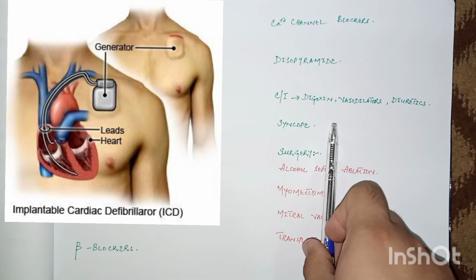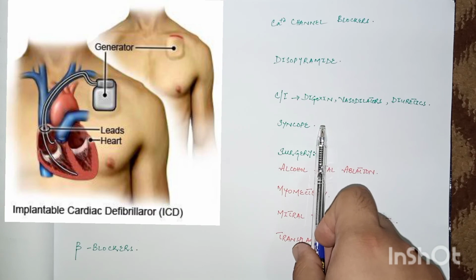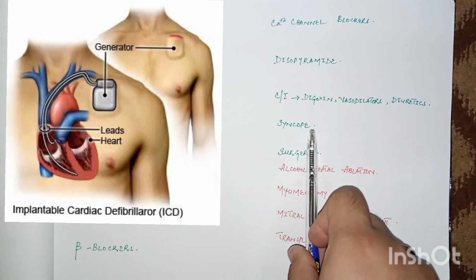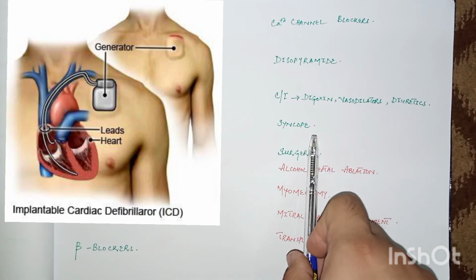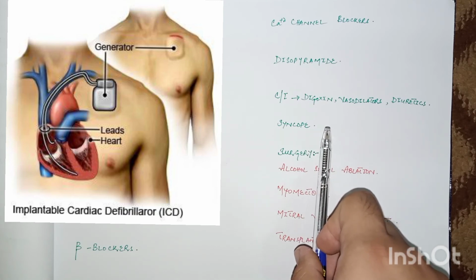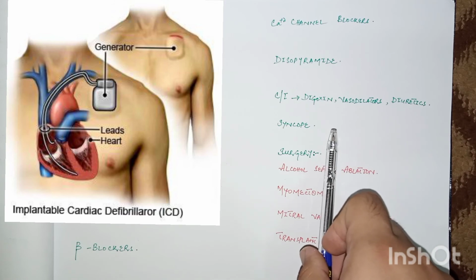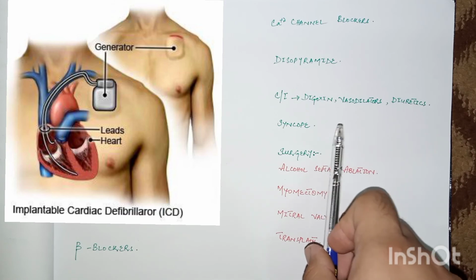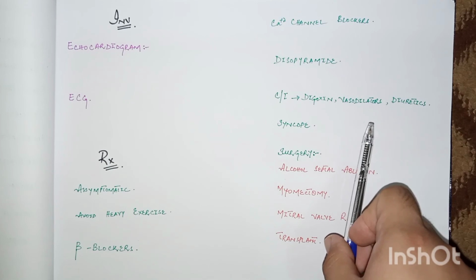The indications for the implantable cardiac defibrillator include if the patient is facing recurrent syncope attacks, and there is a family history of sudden cardiac death, and the patient develops ventricular arrhythmias or atrial fibrillation or other arrhythmias in the hypertrophic cardiomyopathy cases, and there is a thickened or stiffened left ventricle. So these are the indications of using the implantable cardiac defibrillator.